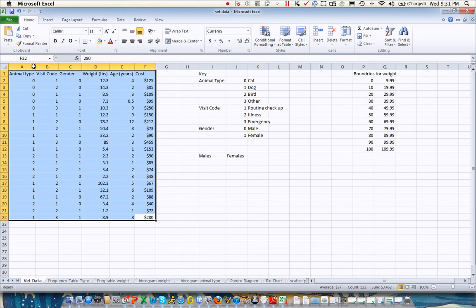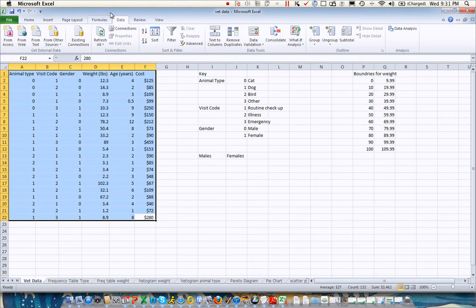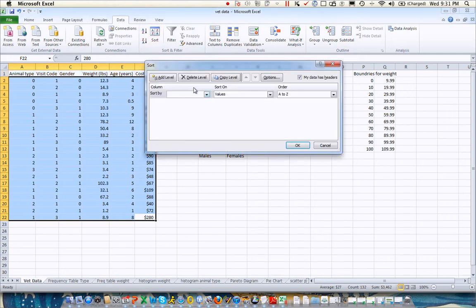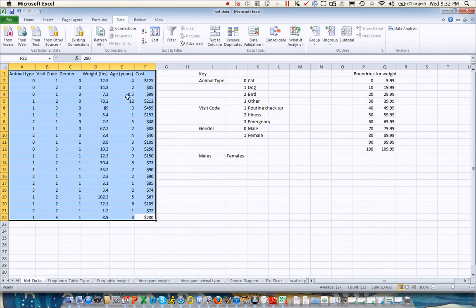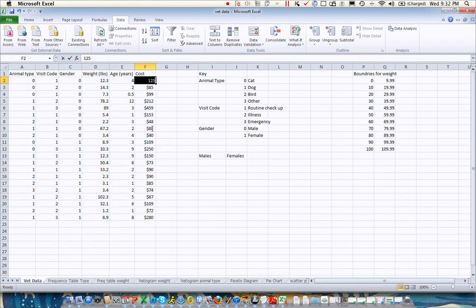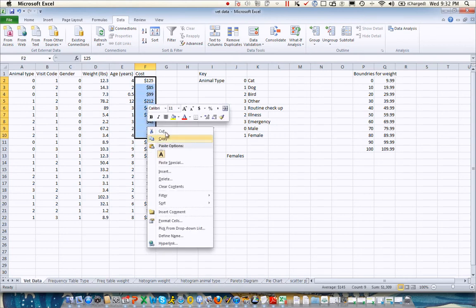I can highlight the data and go to my data tab, and what I want to do is sort. And I want to sort it by gender. It will pull down a drop-down menu, and you can choose any of the columns you have in the data set. I'm going to choose gender, because what I want is all my male data grouped together and all my female data grouped together. What this does is sort it so that all of the male data is on top, because they were the lower number, and all of the female data is on the bottom. And the easiest way to deal with this is to do a quick copy